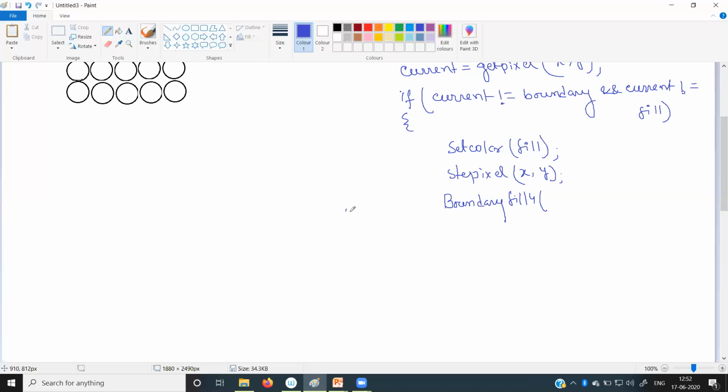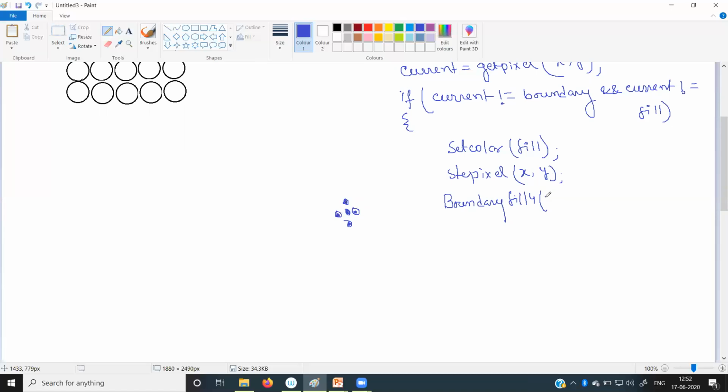If this is my x y, the four nearest points will be like this. This point will be x, y plus 1. This is x, y minus 1. This is x minus 1, y, and this is x plus 1, y.